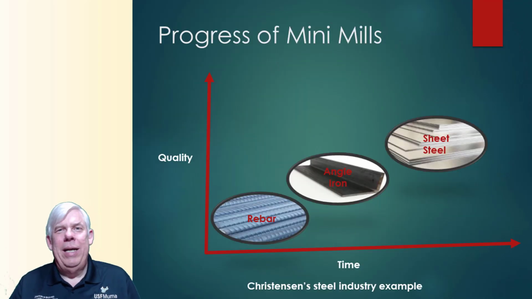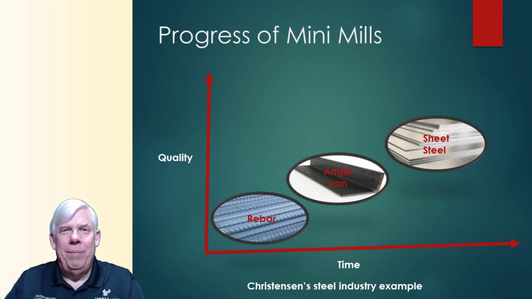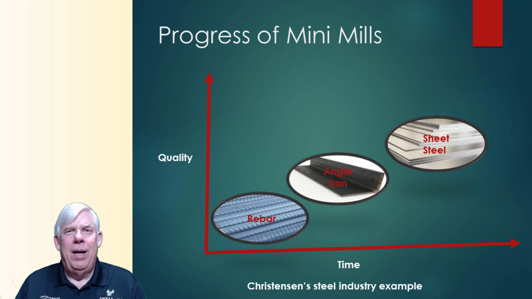When Clayton Christensen presented the Innovator's Dilemma, one of the examples he uses is much less technical than the computer example, but shows the dangers of complacency. And what it involved was the introduction of what were called mini mills in the U.S. steel industry. So traditionally, steel has been made in large integrated facilities, facilities that are often a mile long, where